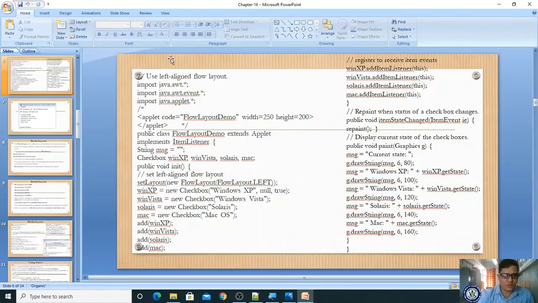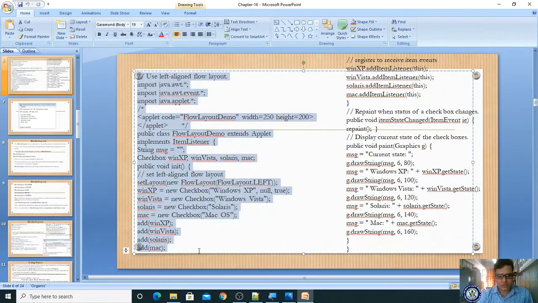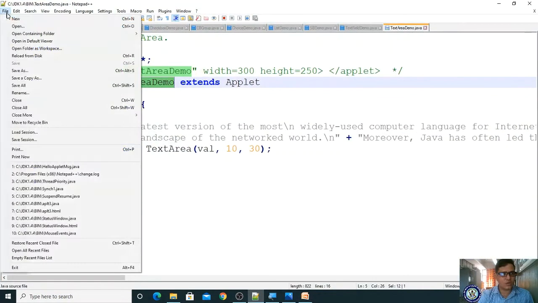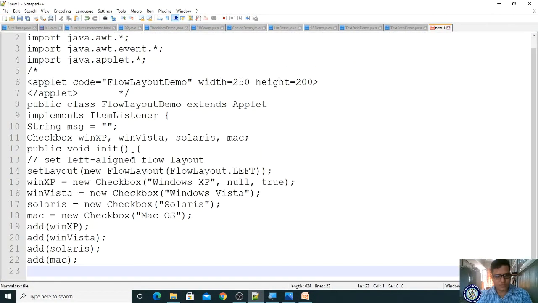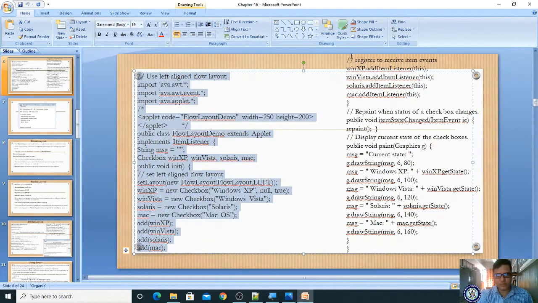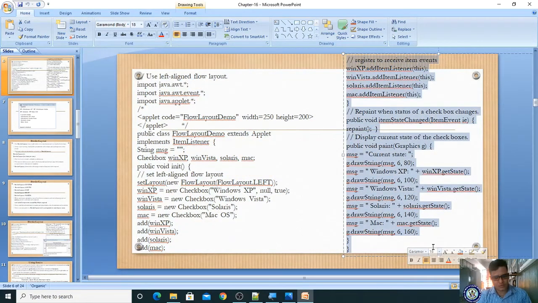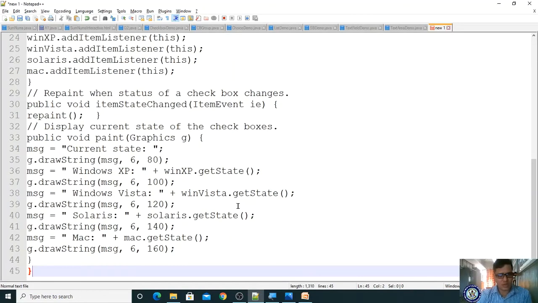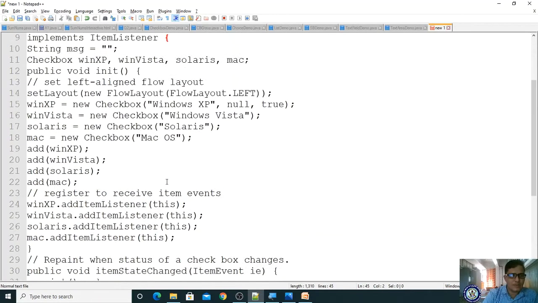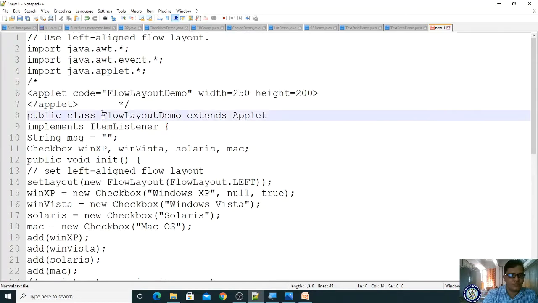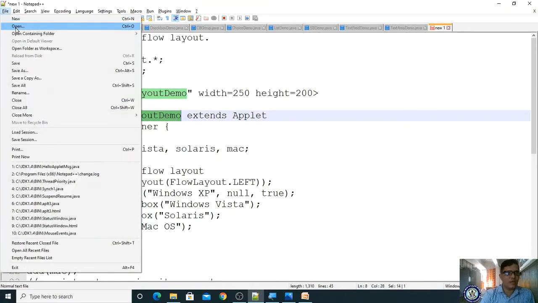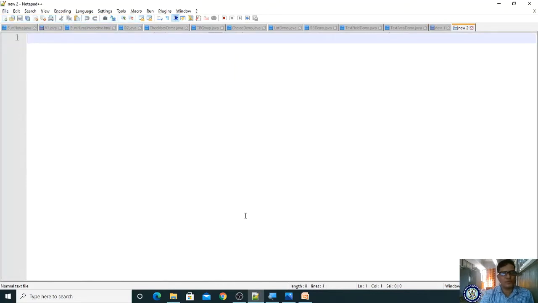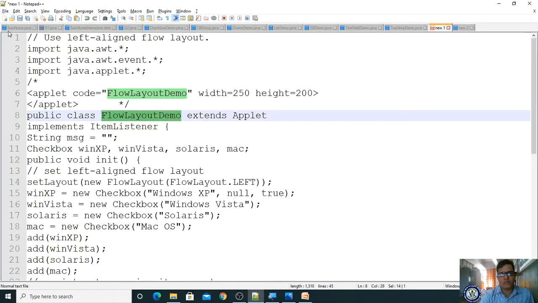Let me copy and check whether it will work or not. Paste it. Copy and paste. Now save. How to save? What is the name of the file to save? FlowLayoutDemo, right?